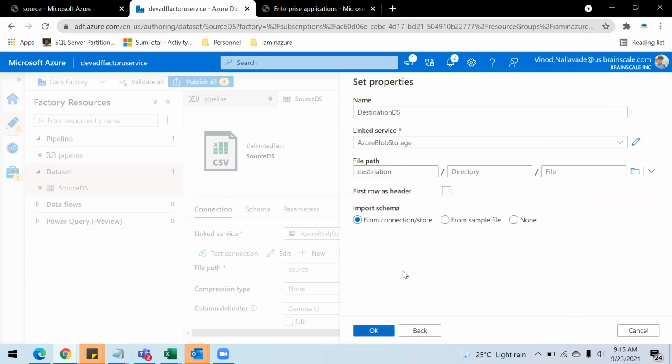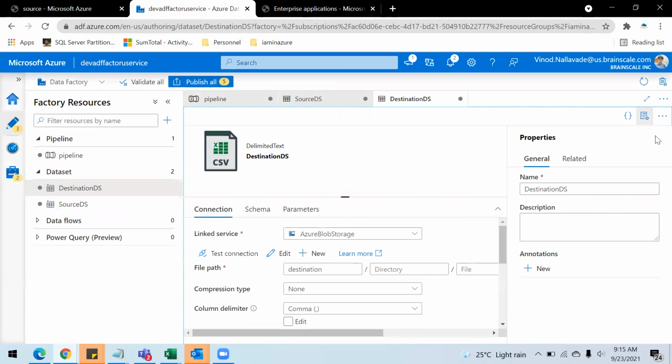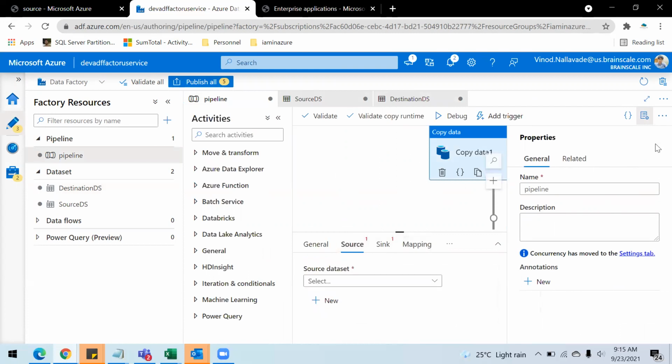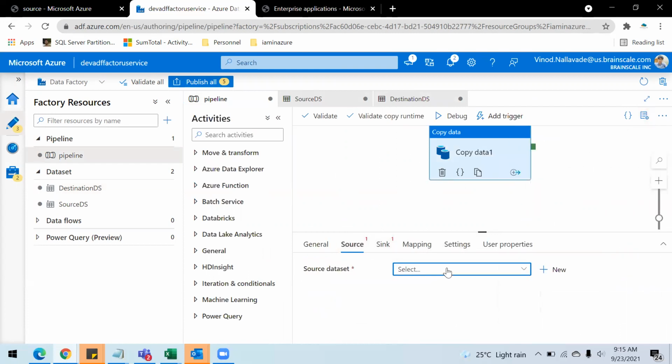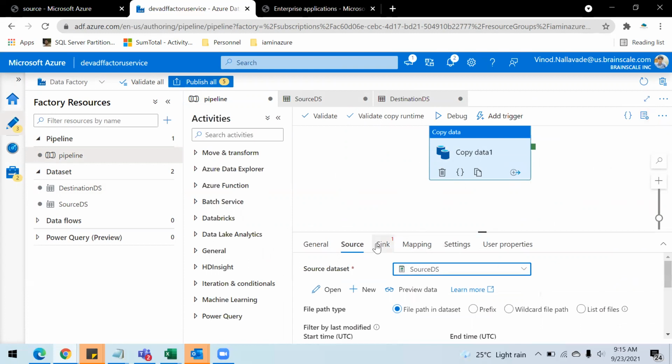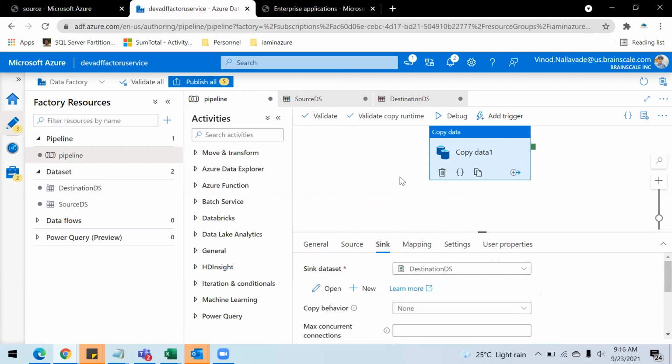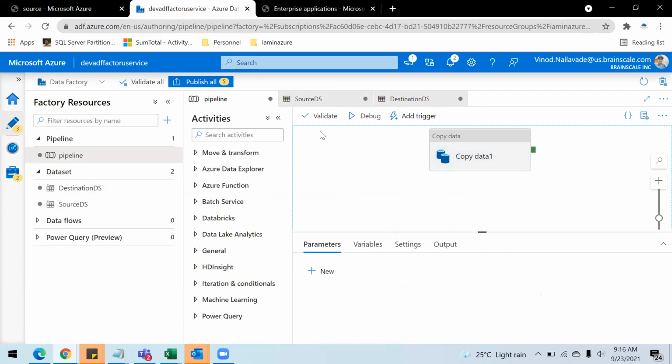Click OK. Yeah, that's all. We have these data sets defined. Let's add it in the source and destination now. So the data set is source DS and the destination is destination DS. So I have this ready.